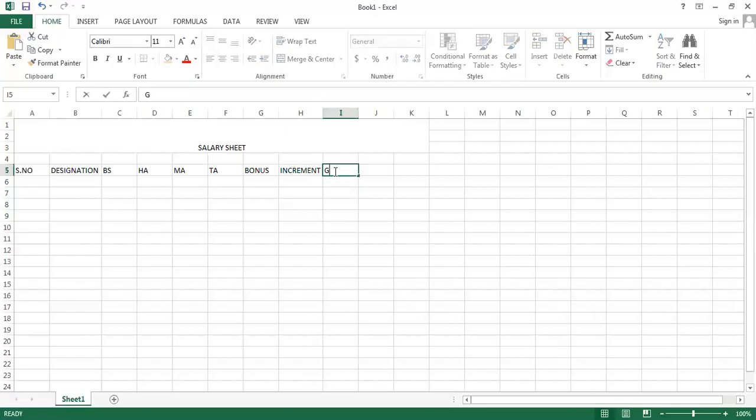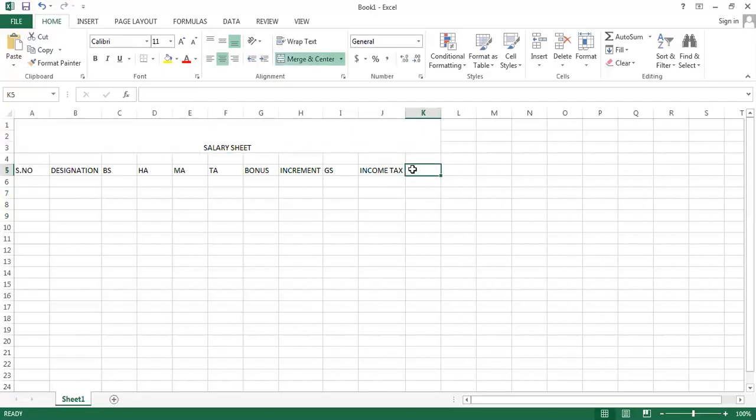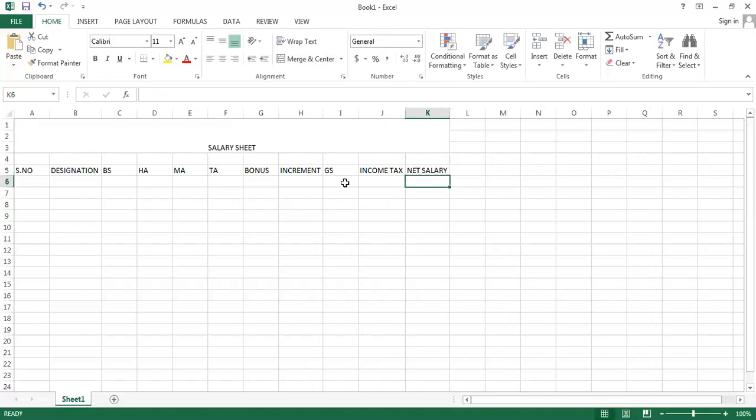Here I'll be writing gross salary, and here I'll be calculating the income tax, and here I'll be calculating the net salary. Okay, so these are the fields of my sheet.